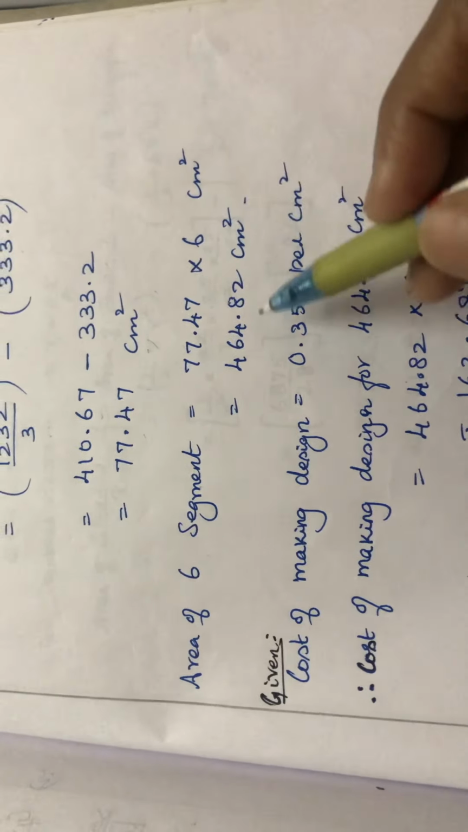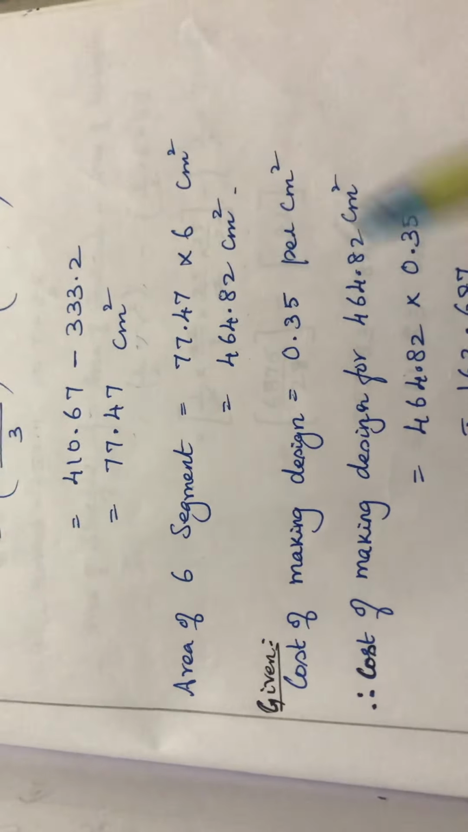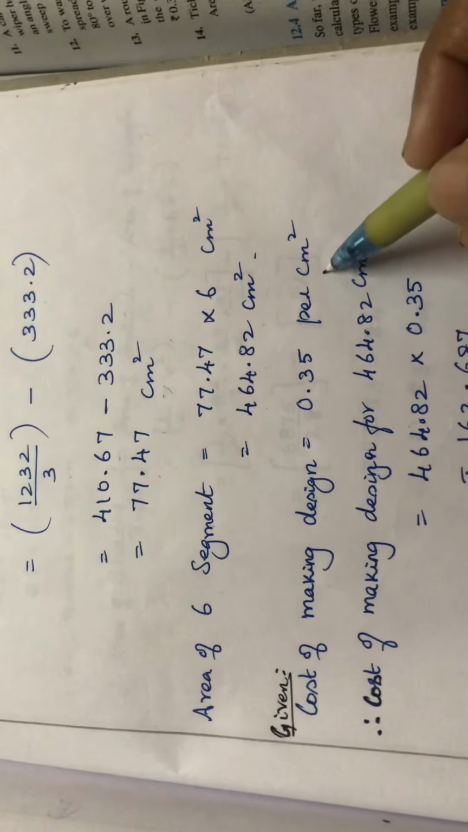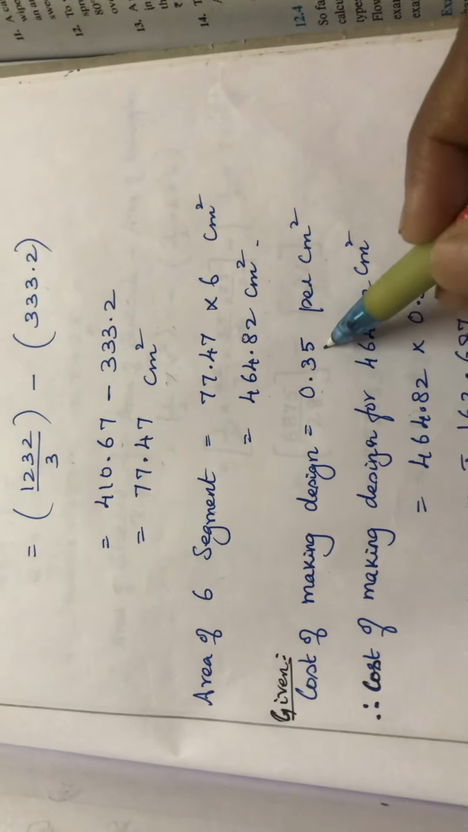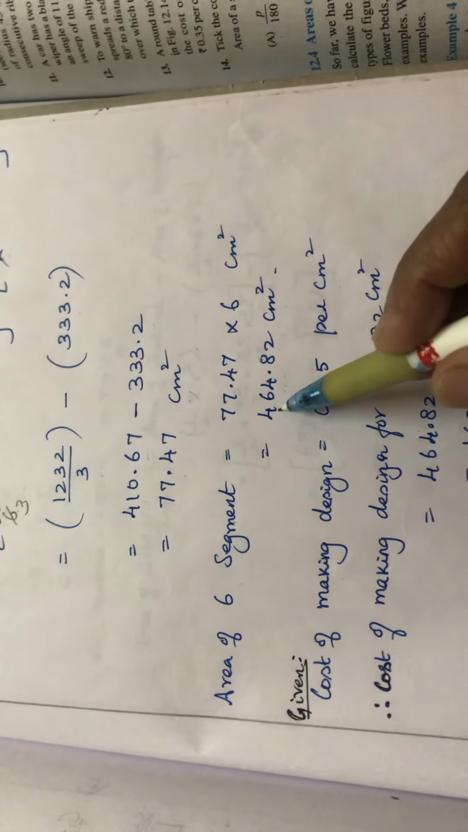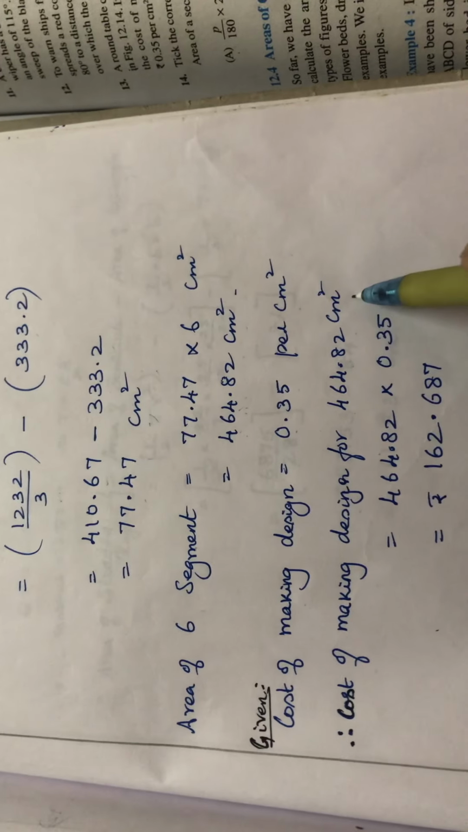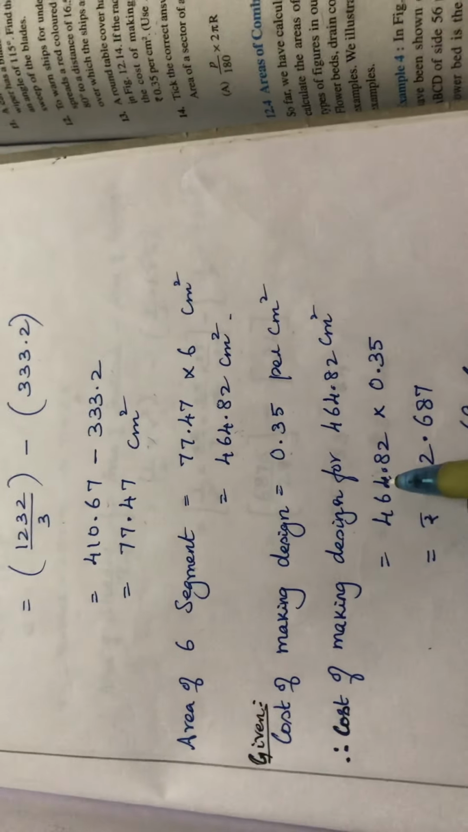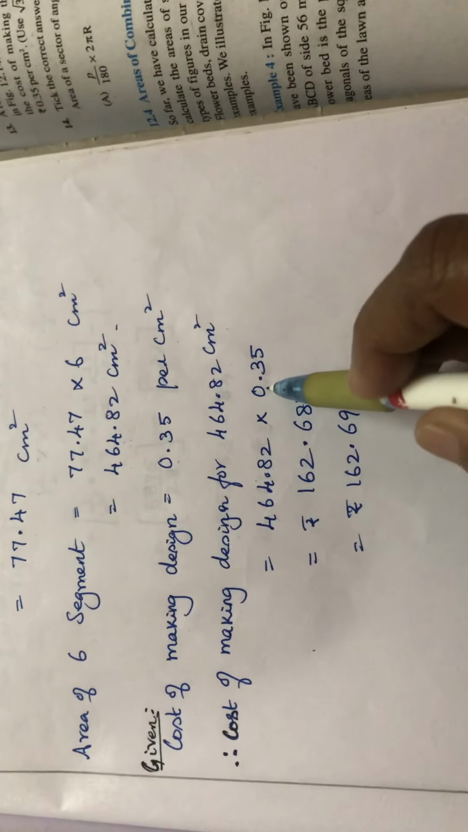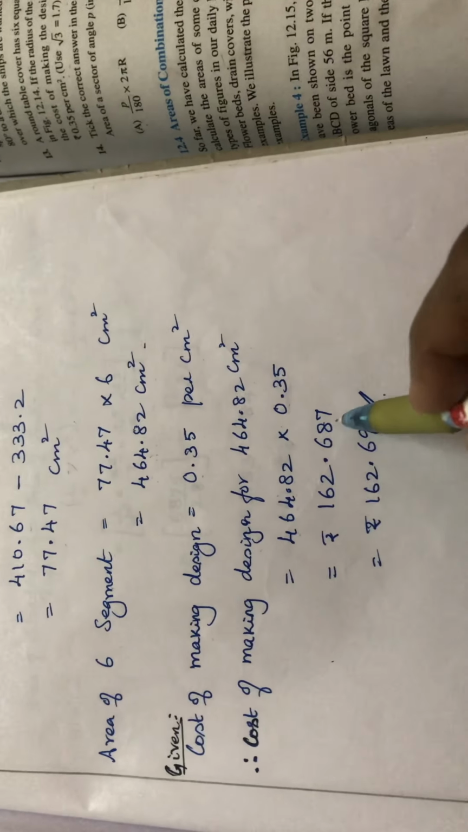77.47 into 6. When I am multiplying, 464.82 centimeter square. And it is given in the question the cost of making the design as 1 centimeter square is rupees 0.35. Now the area I have for 6 segments is 464.82. So cost of making 464.82 centimeter square is nothing but 464.82 into 0.35. So when I am multiplying this, I will get rupees